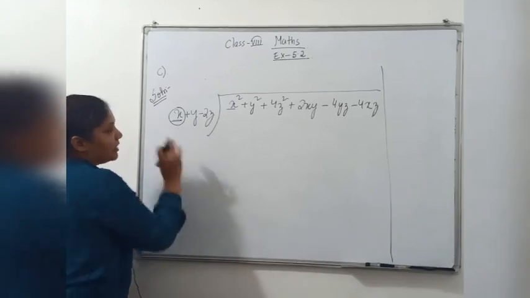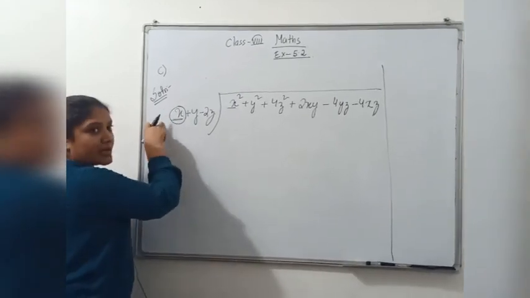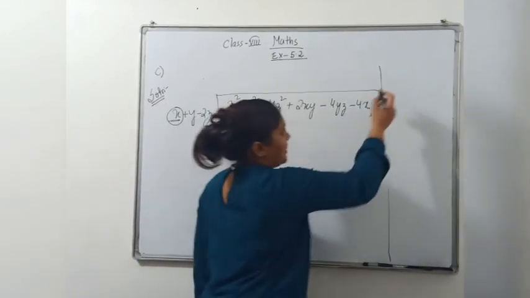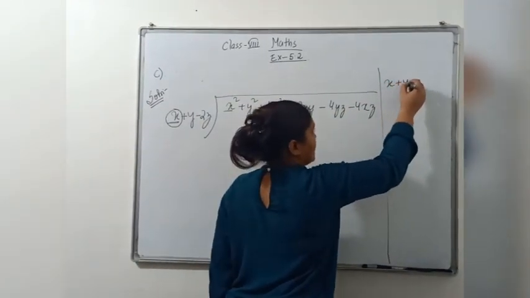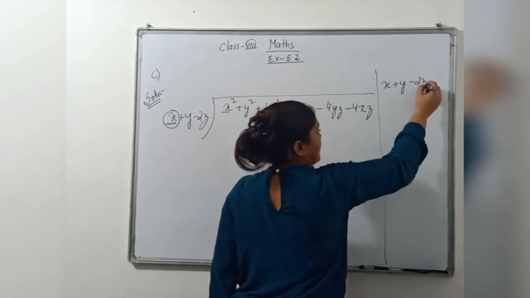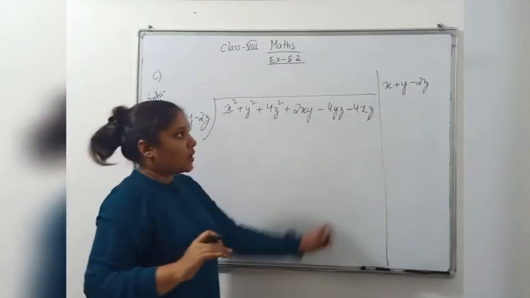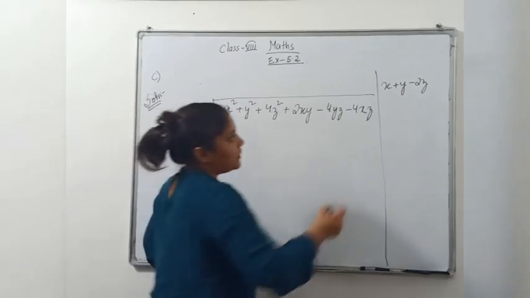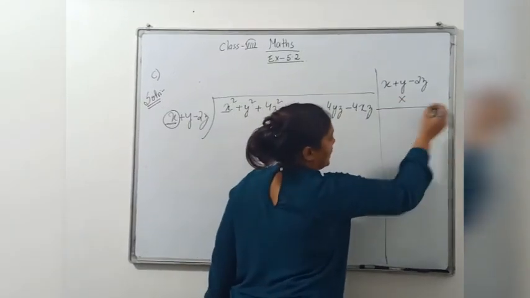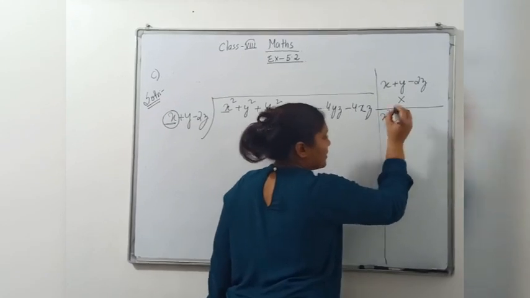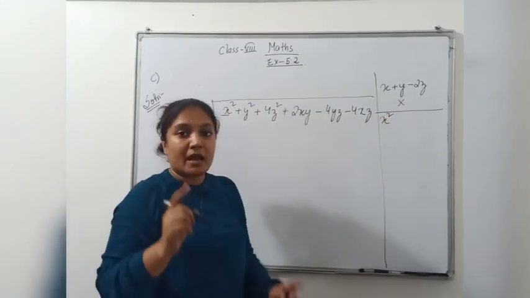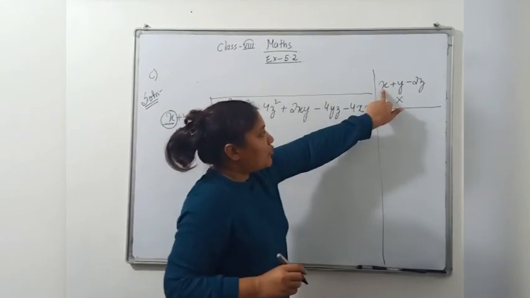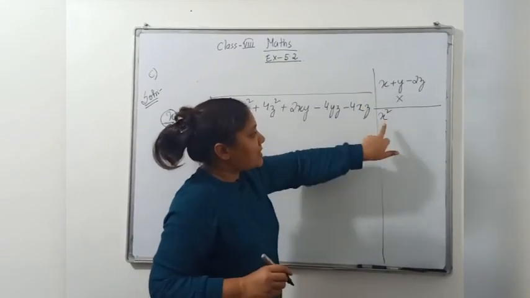So first what we are going to do, right? I will show you the another method, okay, which I explained in the last sum. Just let us write this number for the first step. What is the first number? X plus y minus 2z. This is our divisor. So what is our motto? We are to bring what? X square. So what we are going to do here? We are going to write x square in the first. Right? We are going to write x square where? In the first.